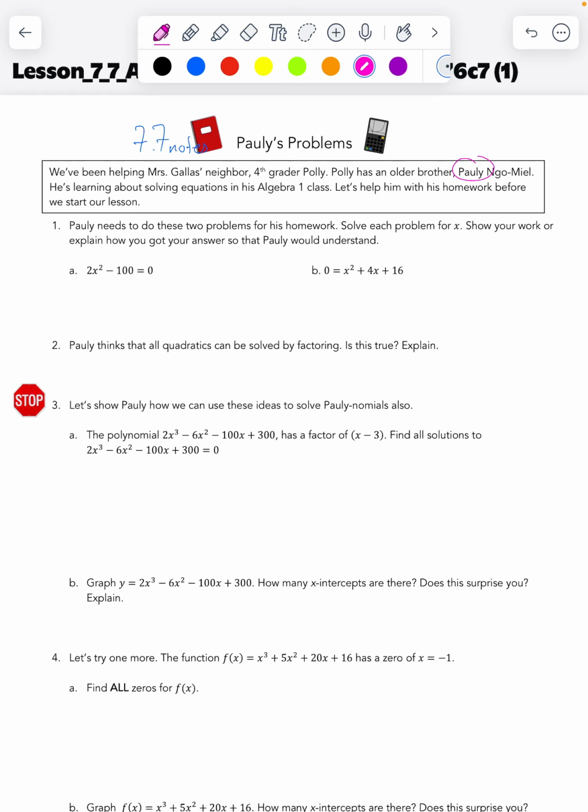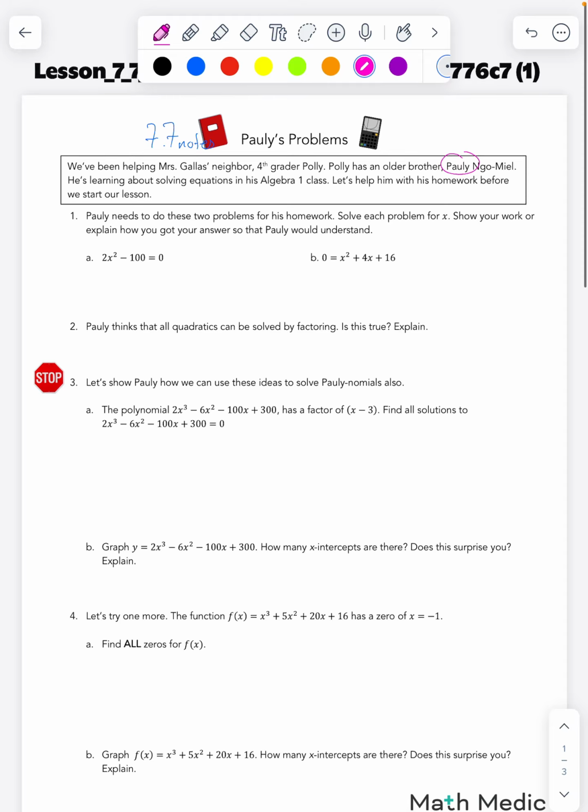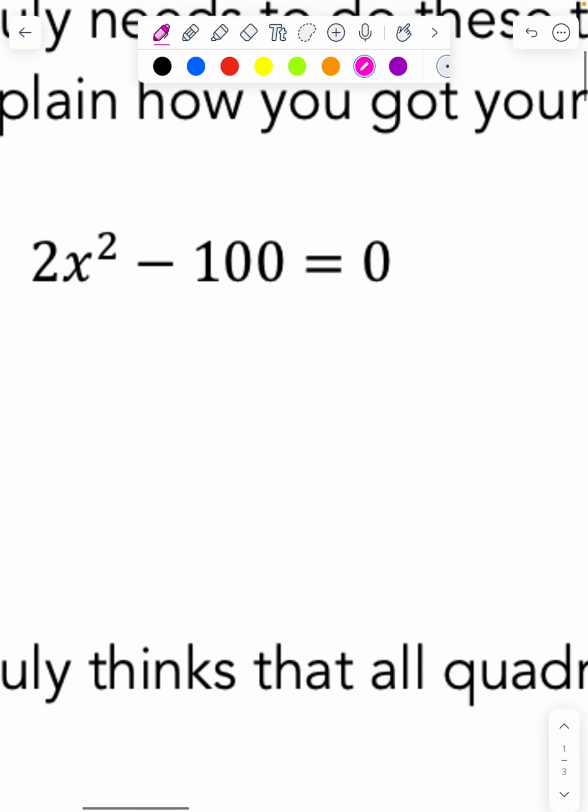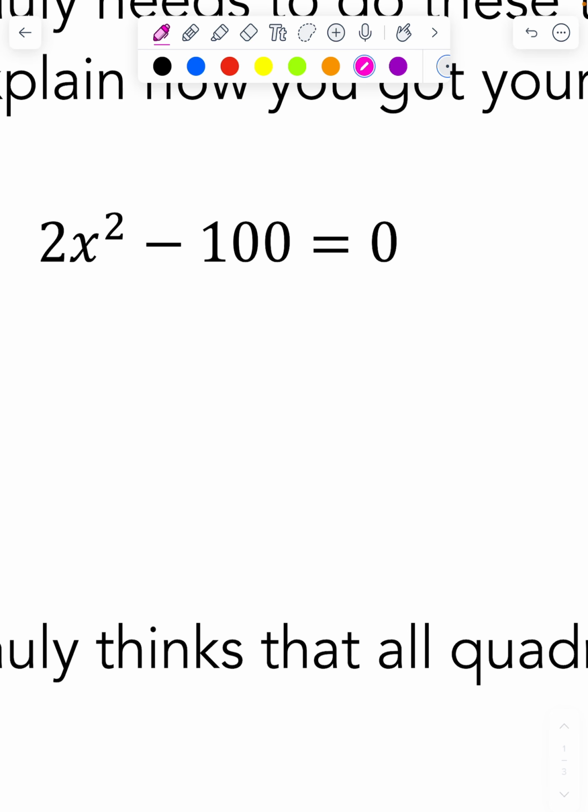He's learning about solving equations in his Algebra 1 class, so let's help him with his homework before we start our lesson. So the first thing it says is Paulie needs to do these two problems for his homework. Solve each problem for X, show your work, and explain how you got your answer so that Paulie would understand. So I'm going to look at the first one and try it yourself, but there's many ways to do these. But the first one, I'm just going to